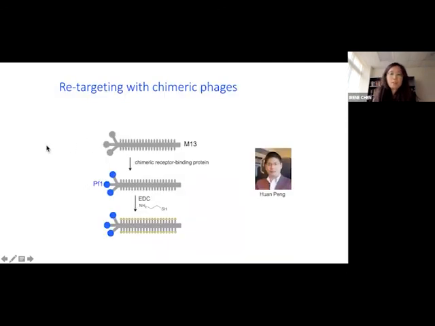Okay, so focusing on the targeting, we have M13 and its receptor binding proteins, the wild type, which binds the F